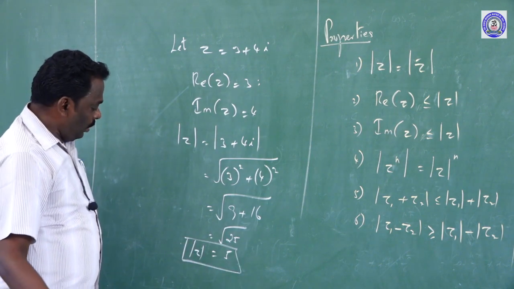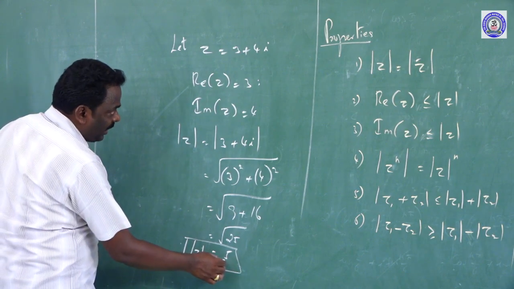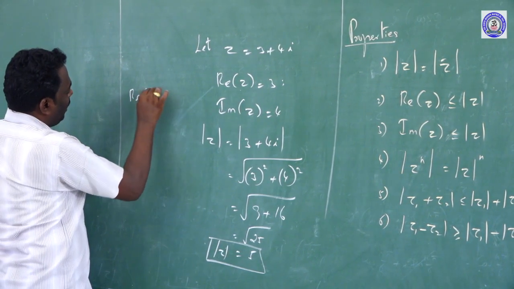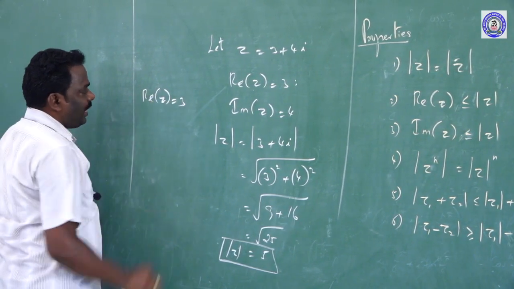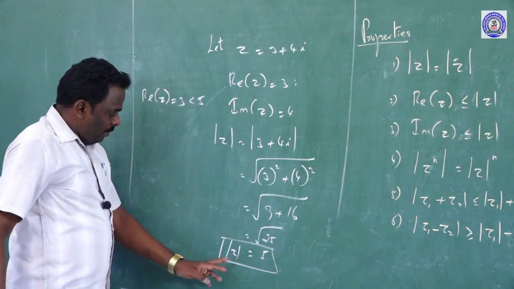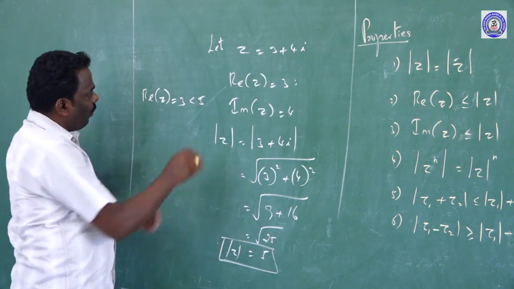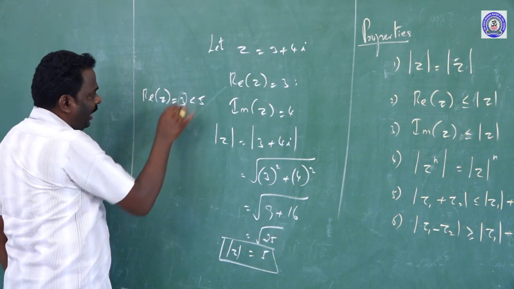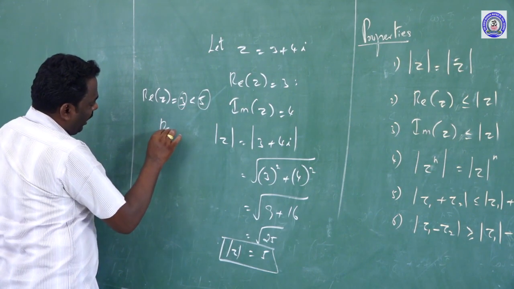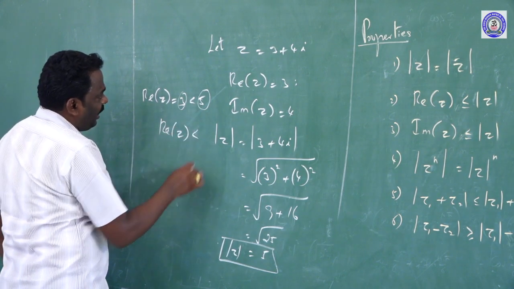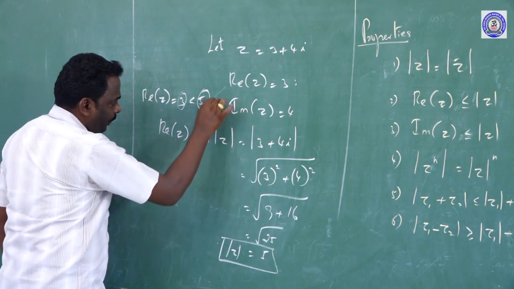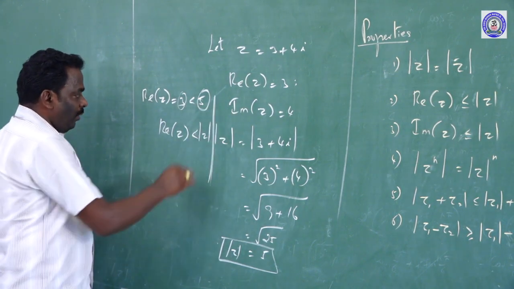Understand? Now see the comparison of modulus of z with the real of z and imaginary of z. Take real of z, which is equal to 3. Real of z equal to 3 is less than 5. Modulus of z is defined by 5. Therefore, real of z is 3 and modulus of z is 5, so instead of the 3 we can write real of z less than, and instead of the 5 we can write modulus of z. Correct or wrong? Okay, so we obtain less than.